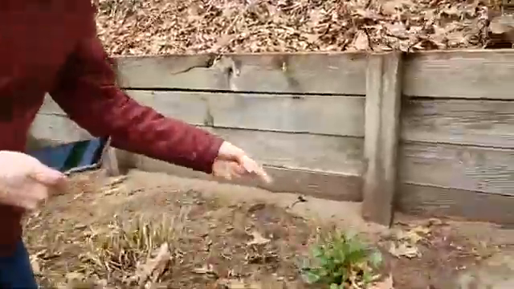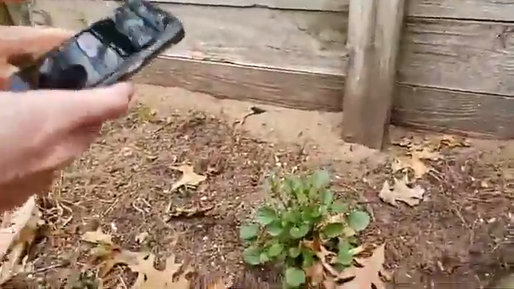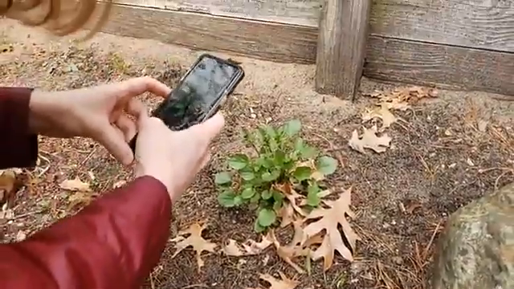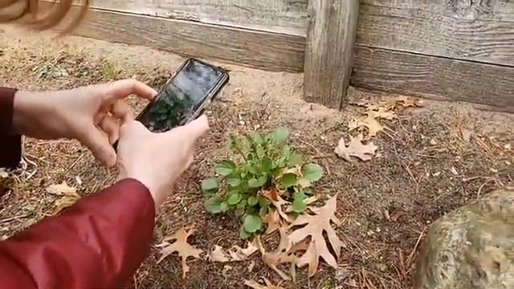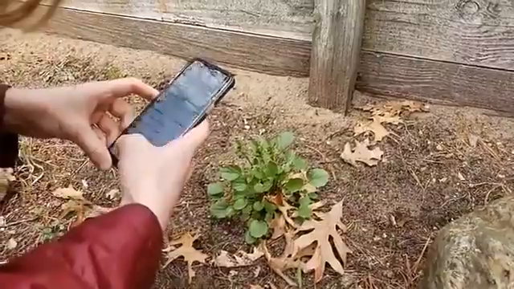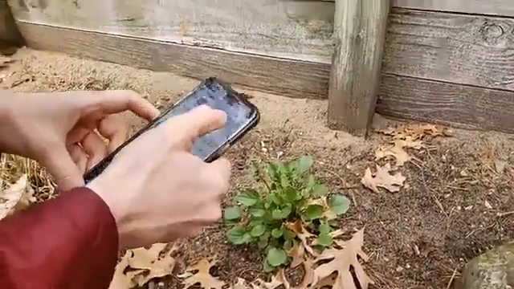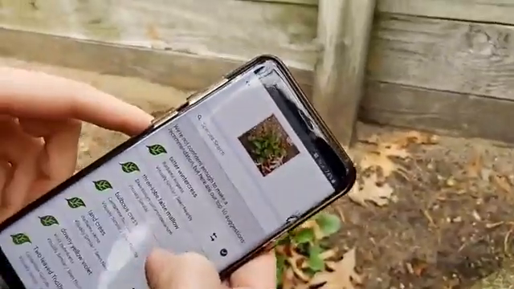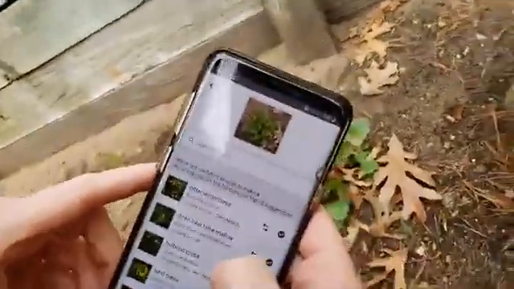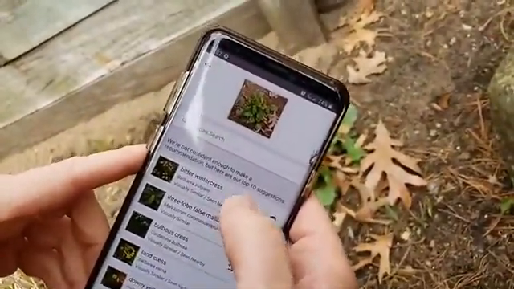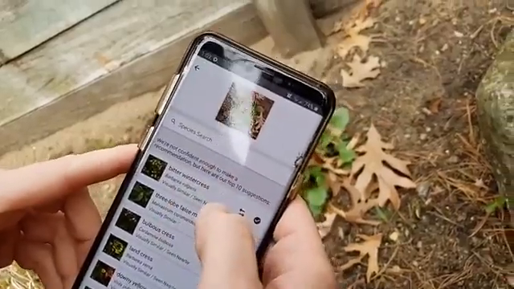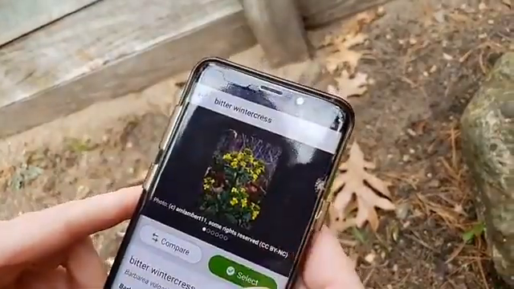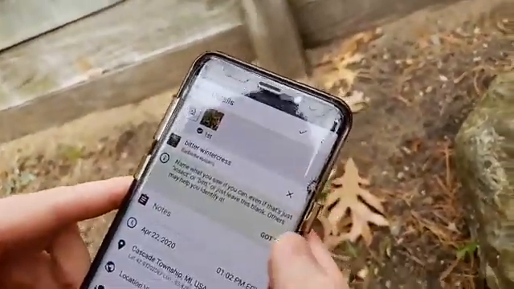So this came up, I think it's just kind of a weed, well, you know, weed is sort of in the eye of the beholder. It's a plant that I didn't plant here. Came up by itself, and I actually don't know what it is, but what's cool about iNaturalist, if you can see on here, is that they will suggest what they think it is. So iNaturalist thinks that this plant is bitter wintercress, and if I type bitter wintercress in and select OK, I'll